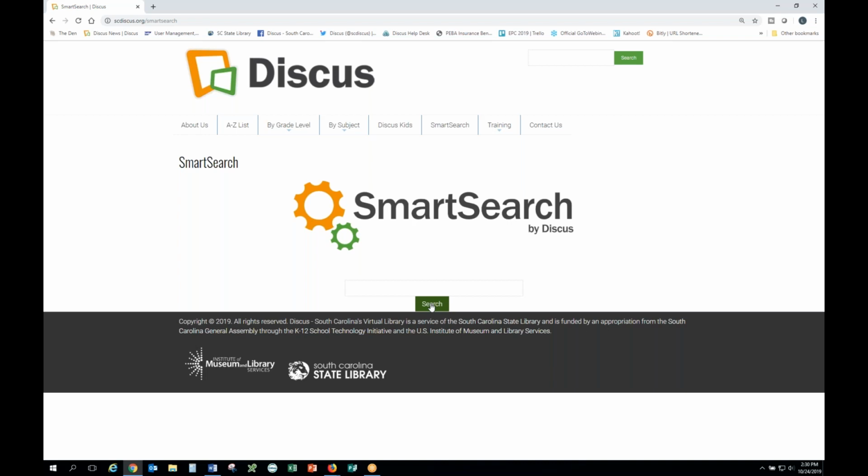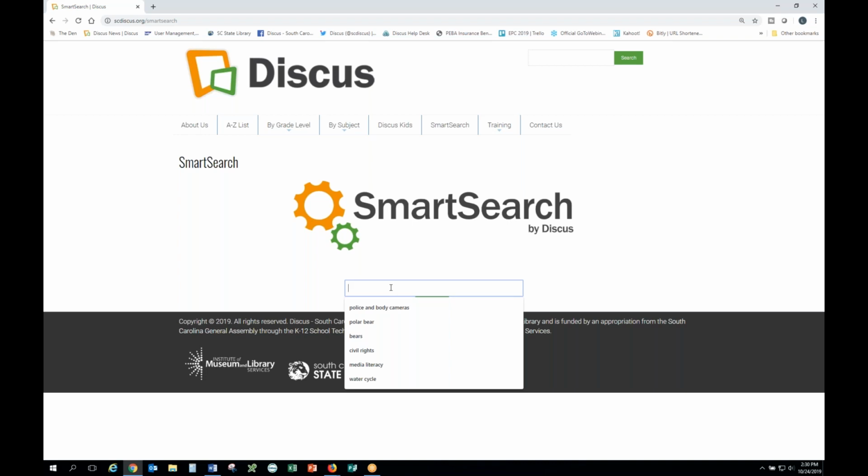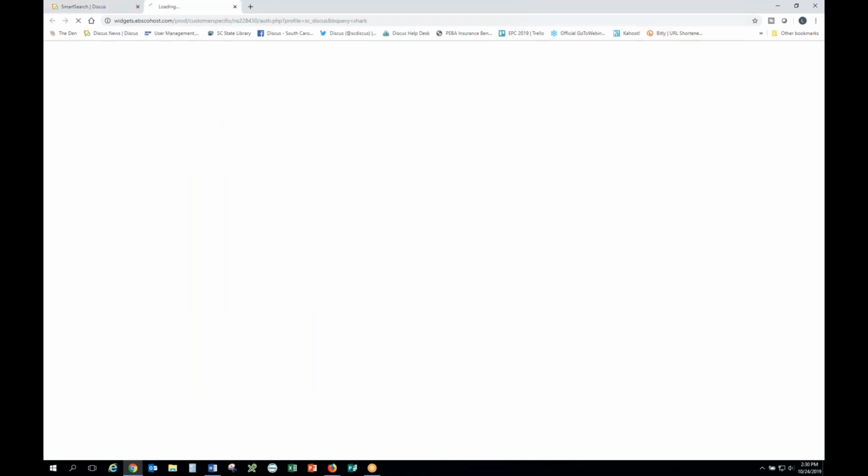These are going to pull from several databases across the platform of Gale, Credo, and others, but it's going to be inside their software for the results that you're pulling from your EBSCO databases, such as Middle Search Plus, Academic Search Premier, and some of the others. So if I just do a quick shark search here,